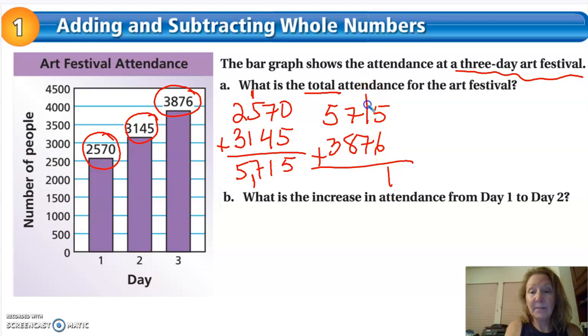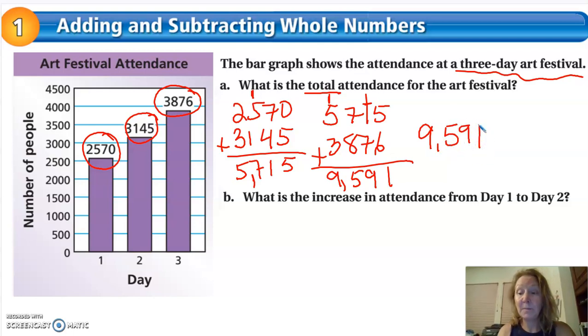5 plus 6 is 11. Oops, let's make sure they can see that's a 1. 1 plus 1 is 2 plus 7 is 9. 8 plus 7 is 15. Regroup the 1. 5 plus 3 is 8 plus 1 is 9. So my total is